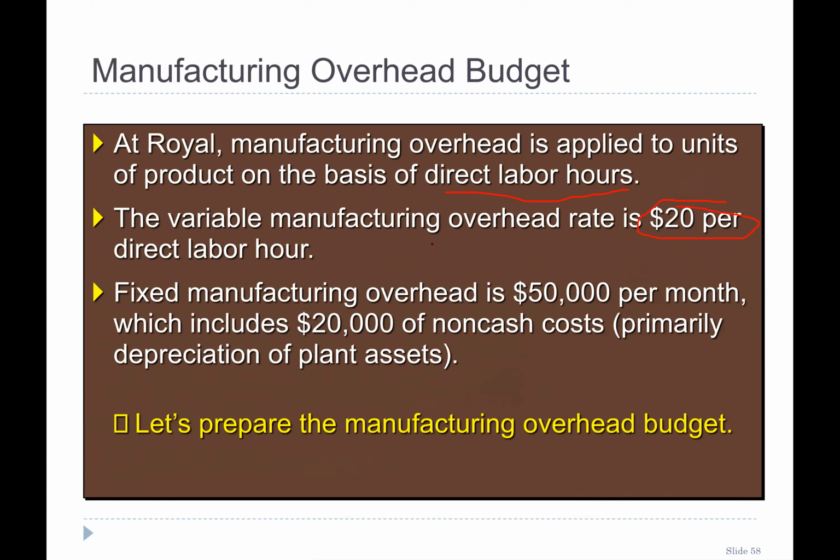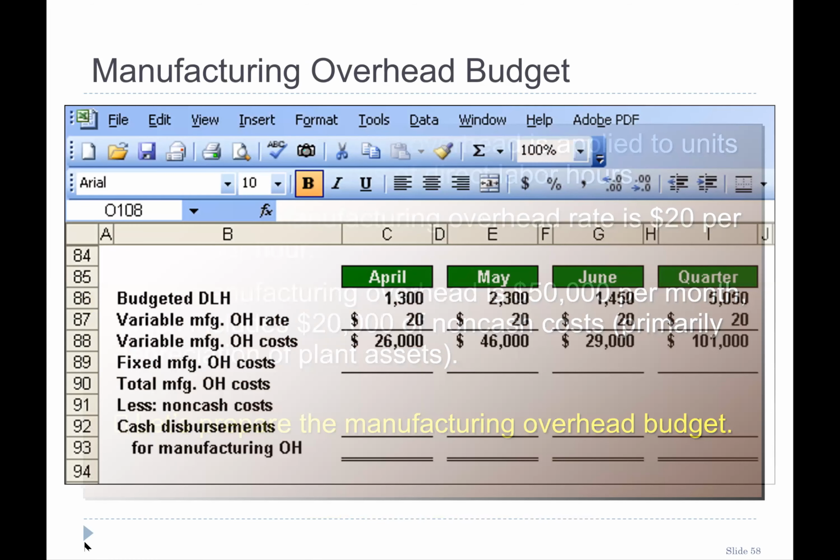In April, they work 1,300 labor hours. In May, they work 23 hundred. And in June, they work 1,450. So fixed manufacturing overhead is 50,000 per month, which includes 20,000 non-cash cost of depreciation. So is depreciation a part of manufacturing overhead? Yes or no? The answer is